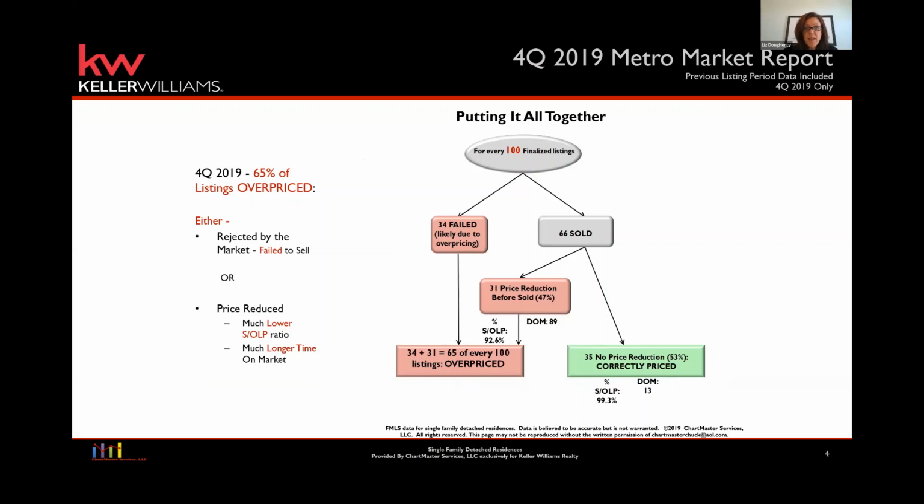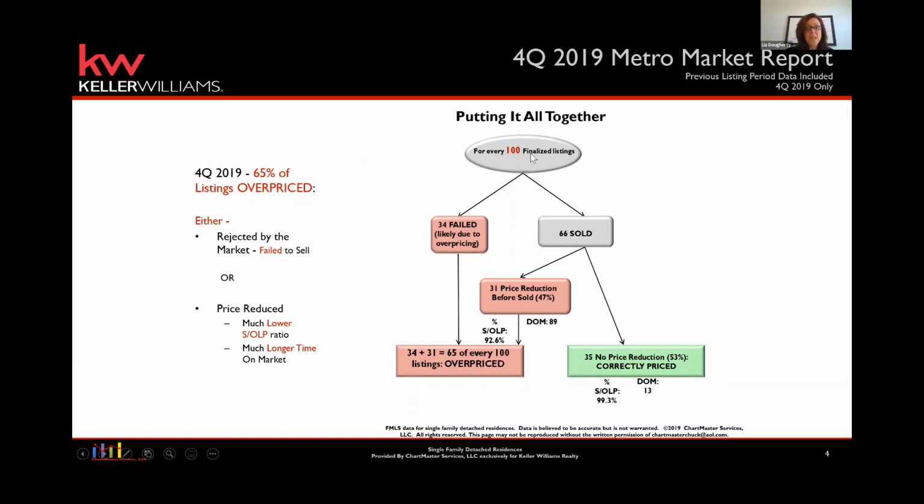Okay, so now this one is called the bubble chart, and this takes that failed listing information that we just looked at and the game board and puts it all together. And that is important for your sellers to see, because it brings in the faileds. The game board doesn't bring in faileds, it just brings in closings. This one incorporates how many people failed to sell in that time frame. And again, it's based on the listings, not homes. So for every 100